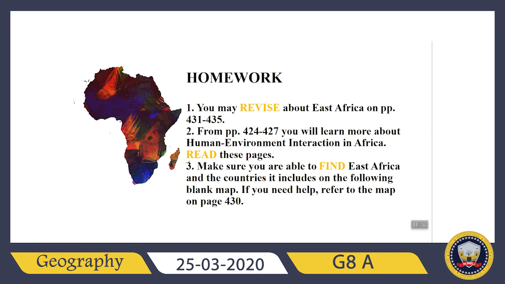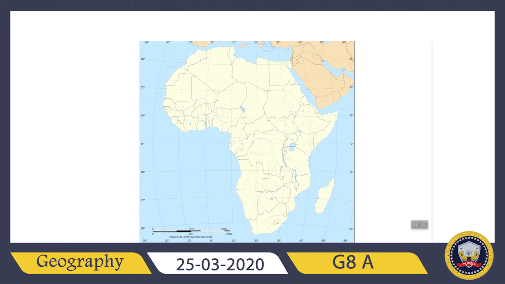Also, an important thing: make sure that you are able to find East Africa and the countries it includes on the following blank map. You remember the blank maps that we studied before in the beginning of the class? Now you have another blank map here, and you need to find these countries on this map as well. If you cannot remember the countries and their names, please refer back to page